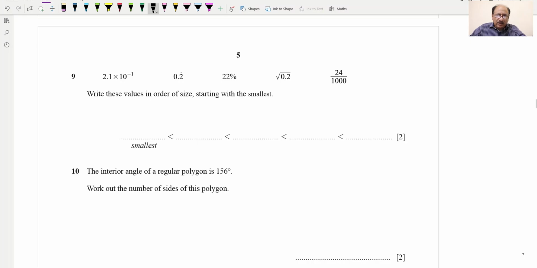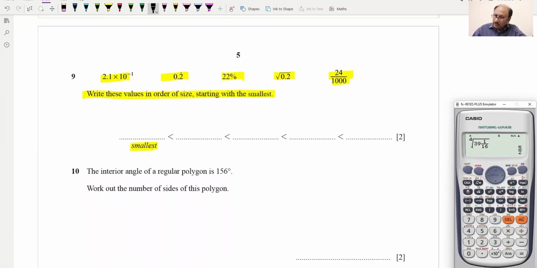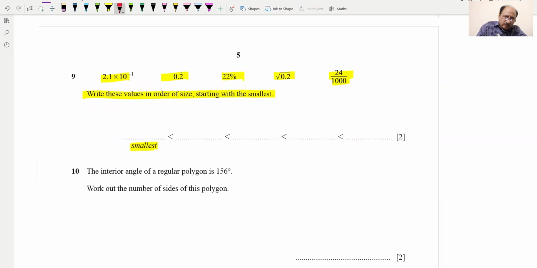Now question number 9. They have provided us numbers 1, 2, 3, 4 and 5. Write these numbers in order of size, starting with the smallest. So we have to arrange in ascending order, and the smallest should be here. What we can do is change them into decimals, so that we can compare them. 2.1 multiplied by 10 raised to the power minus 1 will give us 0.21,